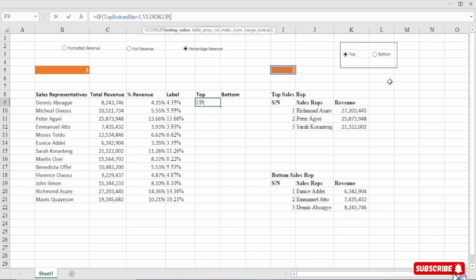So now you see we've used the text function, the large function, the small function. So now we are using the VLOOKUP function. By the end of this tutorial, you are going to know how to use about 10 to 15 functions, right?